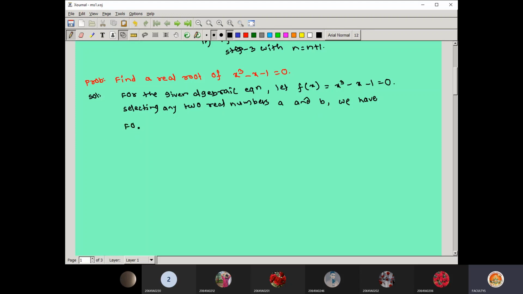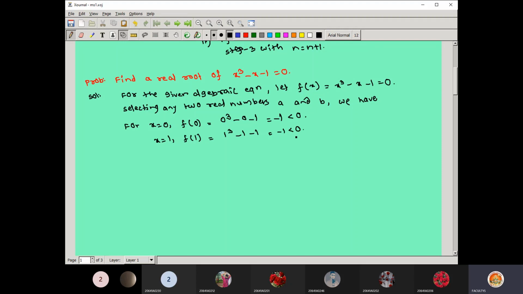Generally, whenever you want to select the real numbers, you always start with 0 in your given expression. So for x equal to 0, substituting in f of x, we get 0 cube minus 0 minus 1, and the answer is minus 1. This is less than 0. Similarly, you can go for x equal to 1, the next continuation value. This procedure is to be continued till you get opposite signs. So f of 1 is 1 cube minus 1 minus 1, which is 1 minus 2. Again you get minus 1. Still it is less than 0.